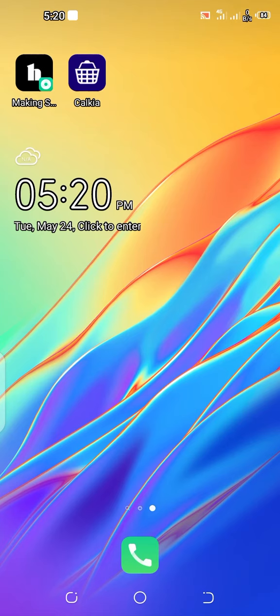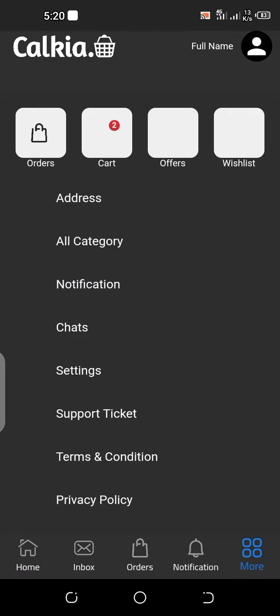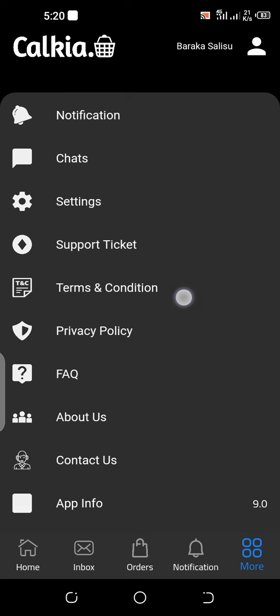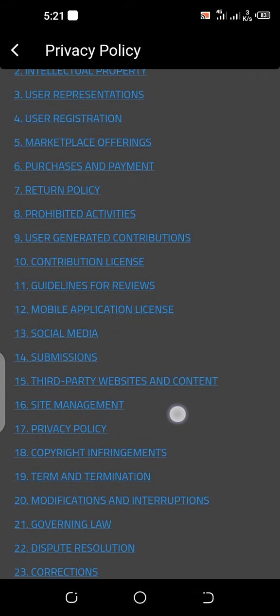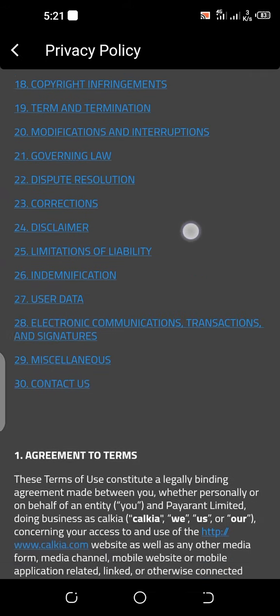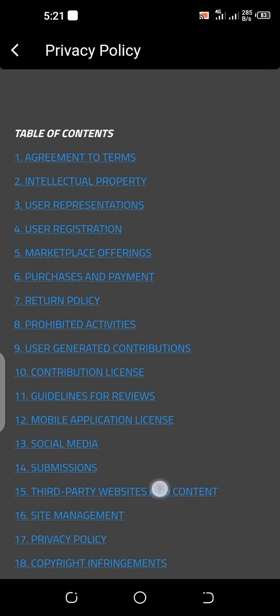Hello, I'm going to show you how to check for the privacy policy on your Calkia app. The first thing, you just click on the app, then you click on more, you scroll down, yes, here it is, privacy policy. Then you scroll down, these are the policy here,